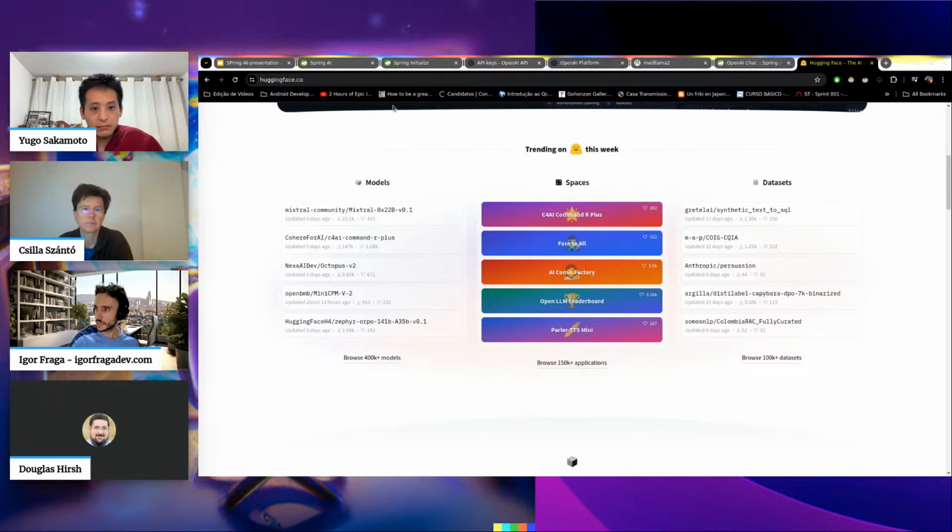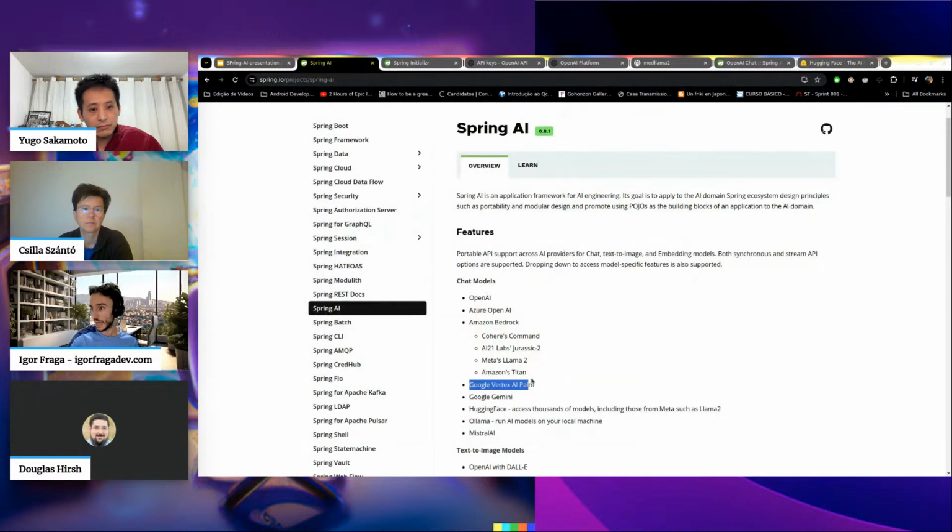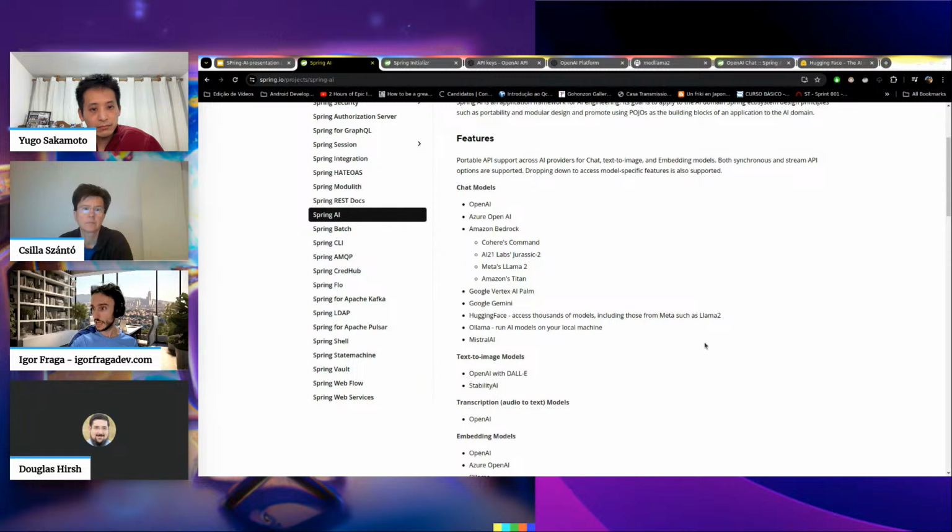But as far as I could see right now, I'm not 100% sure about that. I didn't see it at LM Studio running here. On Hugging Face, you can see here, you have Llama, you have Mistral.